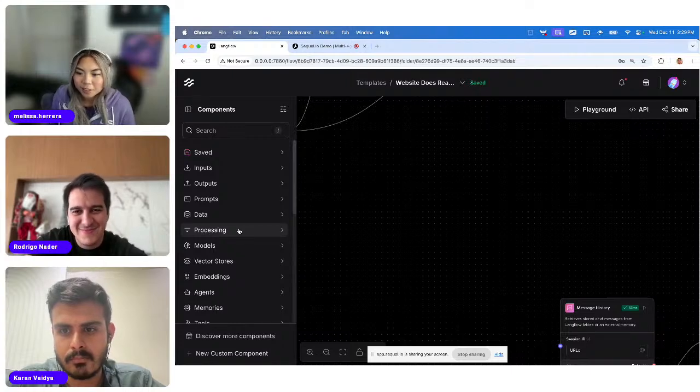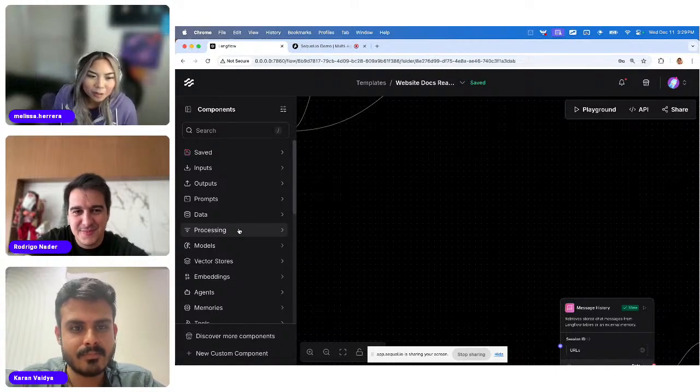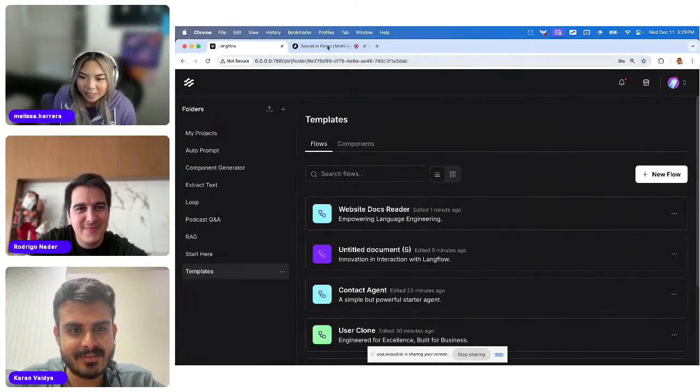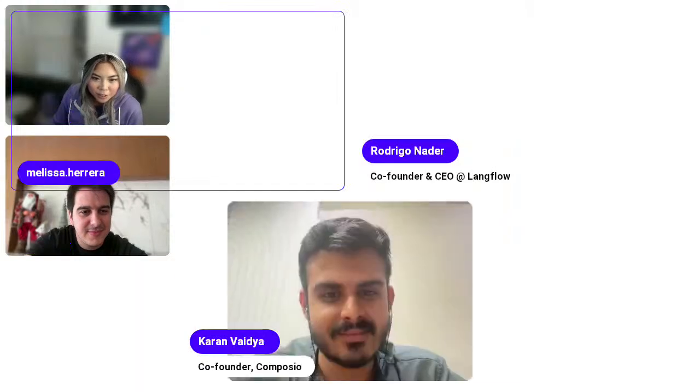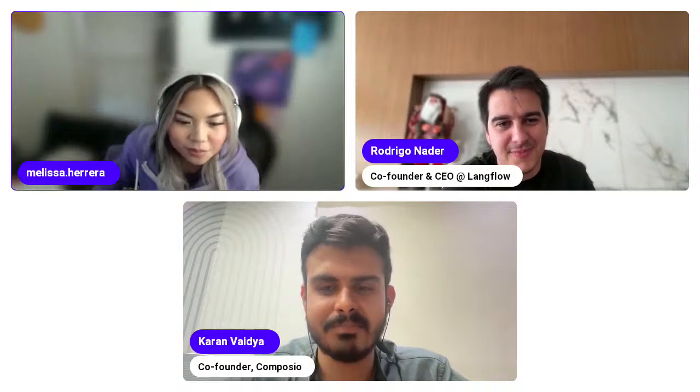And I think that's a really great segue as well, on the topic of components, to talking about Composio and Composio's component within Langflow. So I wanted to pass it to Karan to give an overview of what Composio is and a little bit about the component that we've just integrated into Langflow. Yeah, I think